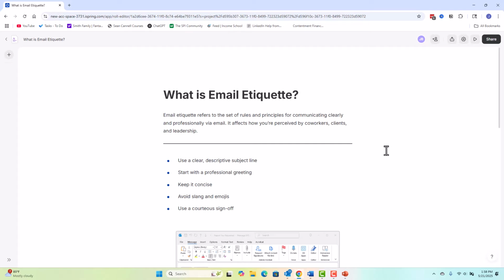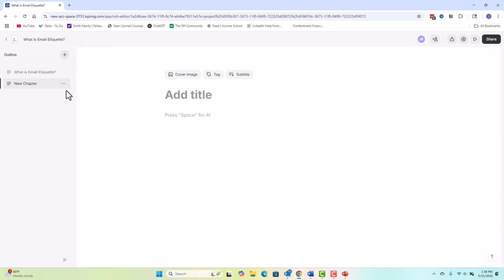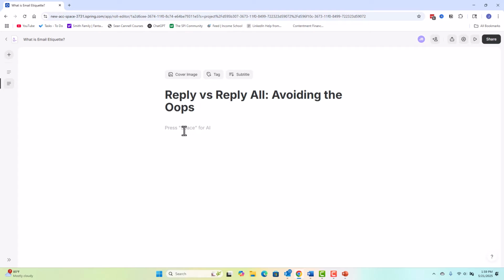Okay, so now let's say I want to add a second kind of chapter or section or page. And this one I want to call reply versus reply all. So over here on the left, next to outline, I've got this plus. So I'm going to click that to add a chapter. And now this one I'm going to call reply versus reply all, avoiding the oops. And then let's say I want to do a text block. So I can just do that, text, and I can say,